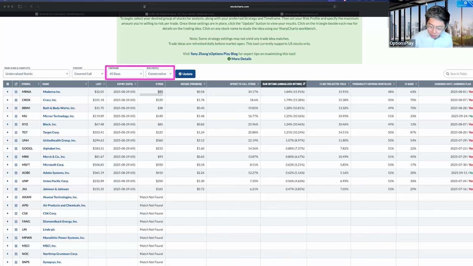But let's just put that into context. If the stock goes from $32 to $43, that's an $11 increase divided by $32. That means the stock has to rally 35% in the next 45 days if the stock gets called away. So think about that, right? A lot of people